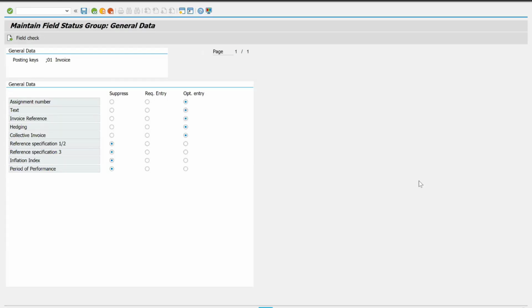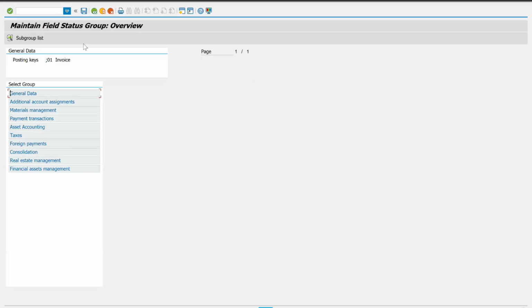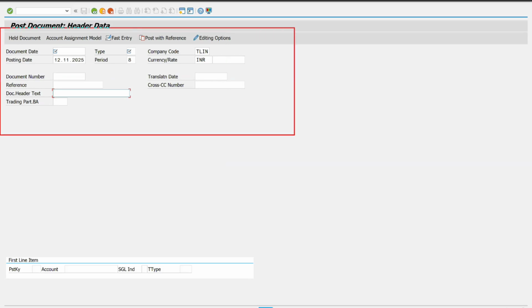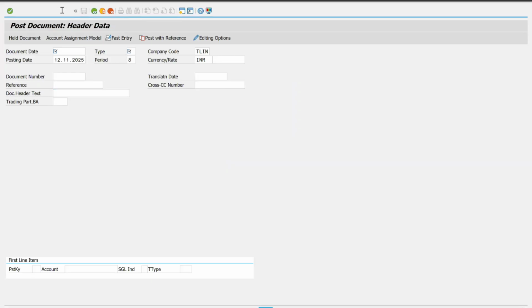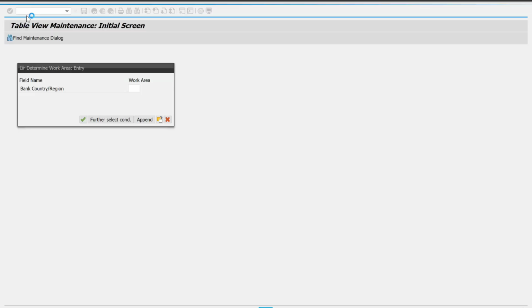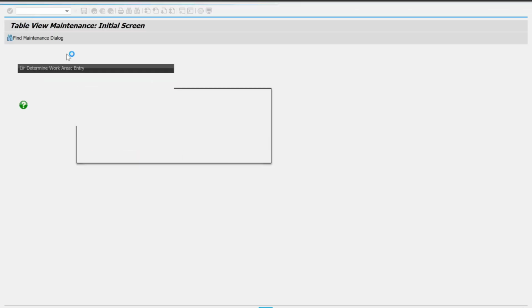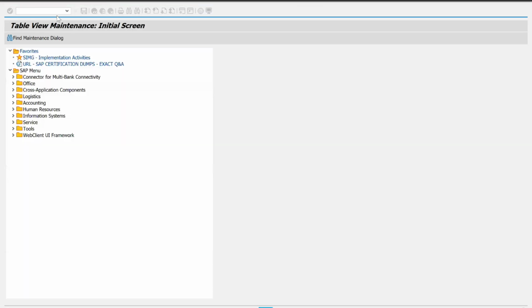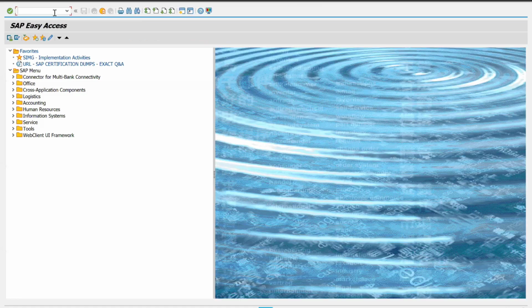As I told you, if you want to change the status of these, this is header data. If you want to maintain the field status, this will be with respect to document type. We have a document type, right? The T code is OBA7. If you go here, SA document,